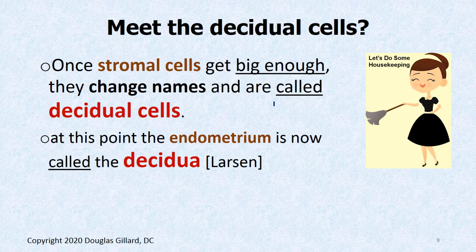They're called decidual cells. They're still stromal cells, they're just big. At this point the endometrium is also called the decidua. So you don't really talk about the endometrium anymore because it's morphed, it's changed, and got these gigantic